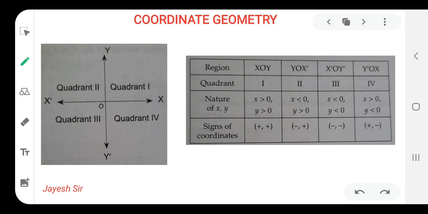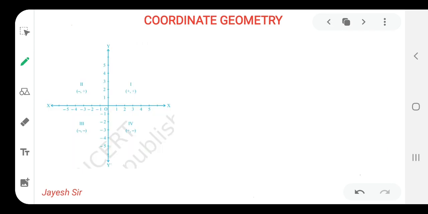Quadrant 1, that means from 0 to x, it is said to be quadrant 1. From 0 to x dash and 0 to y, it is said to be quadrant 2. Here in this way quadrant 3, and here it is quadrant 4. I hope you all might be getting it, friends. Yes, again I am repeating, from the positive side. Now this thing we can write on the previous slide also, so that we can clear our idea.